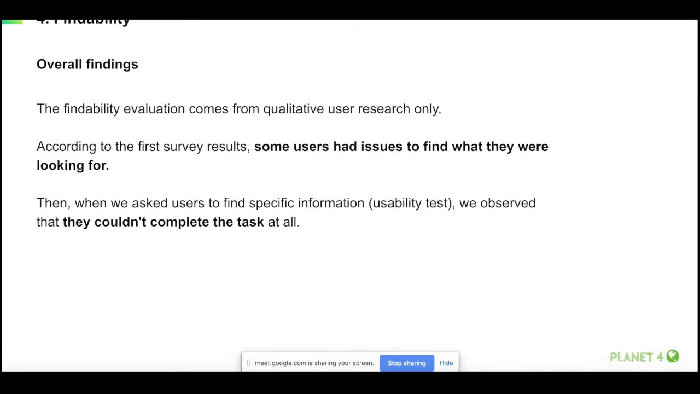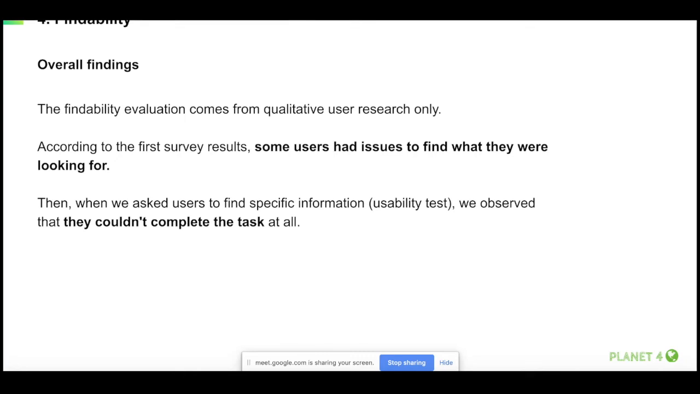So the findability, meaning our users can find information on the website. We only use qualitative research to assess findability. According to the first survey results, some users had issues finding what they were looking for. Then when we asked users to find specific information during the usability test, we observed that they couldn't